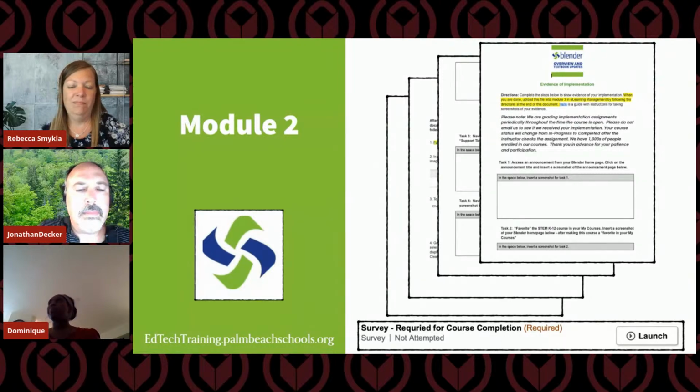And then your actual implementation is going to be a set of 4 tasks. You're going to provide evidence of accessing an announcement, favoriting a course, going through support tickets in Blender, and also submitting some feedback. So you're going to submit screenshots for all 4 of those tasks. And then just like the other courses, you're going to upload these into ELM in module 3 as a PDF file.